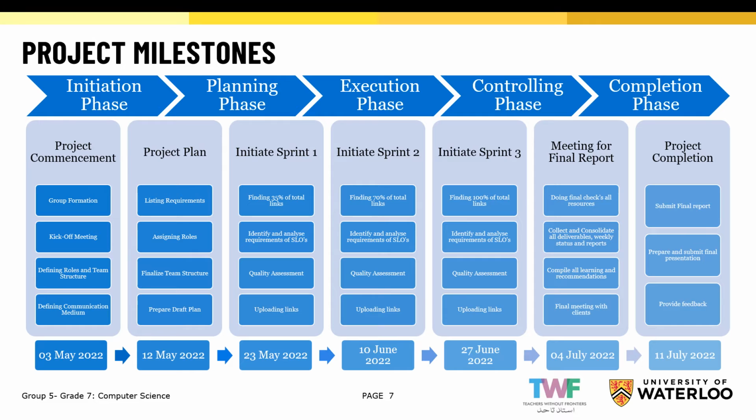By sprint two, we found 70% of our total links. And by sprint three, we found 100% of our total links and ensured that their quality and availability was 100% there. By the sixth phase, we were at our final report meeting, and we collected and consolidated all our